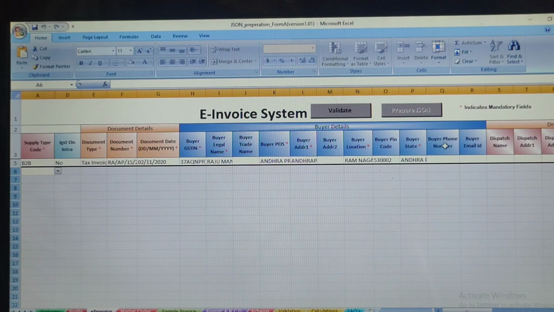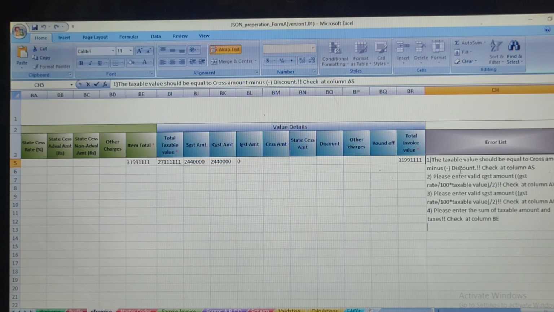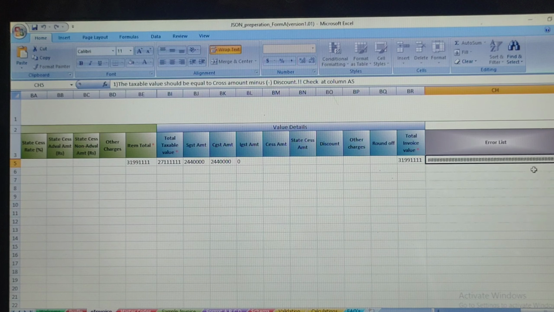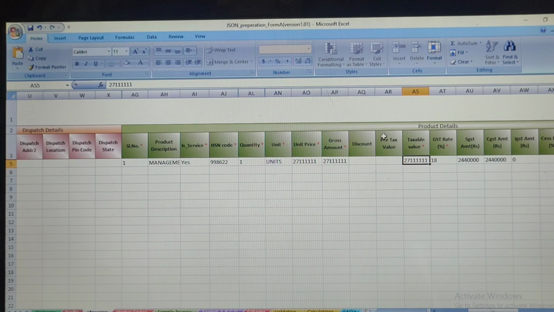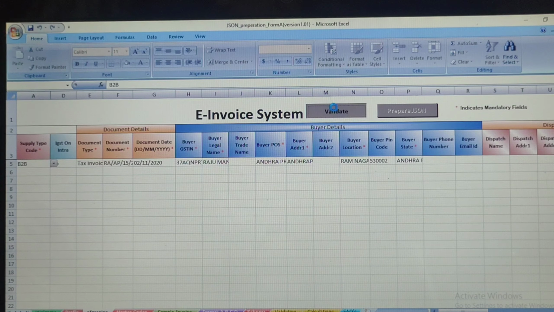This is the CH column. See, it is showing taxable value should be equal to the gross amount minus discount. Check the column AS. So again I will go to AS and make it right. Again I will validate. So it is showing validation successful.